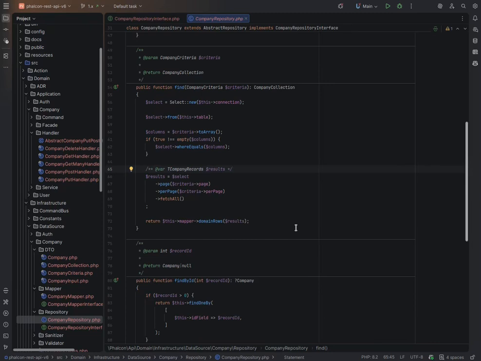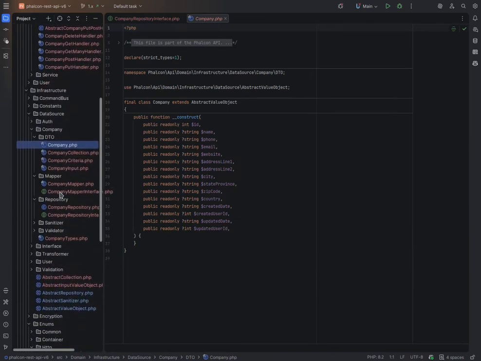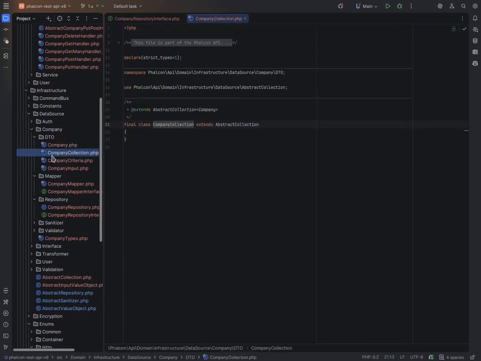representation. Thus far, we have been returning company objects. So this one guy here, these DTOs. But now we need to return many of those. So what we have done here, or I have done here, is I create a company collection. All right, and a collection will be a collection of these objects. So company collection is a collection of companies. I mean, this is a little bit of an anticlimactic class. It's just empty, but I split it into an abstract collection so that we can extend this later with other